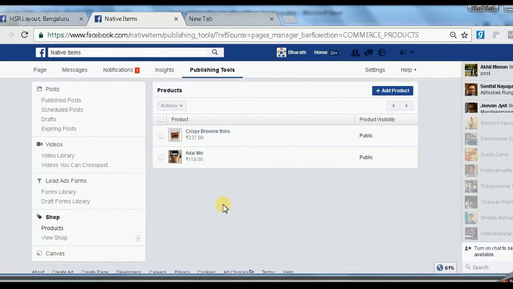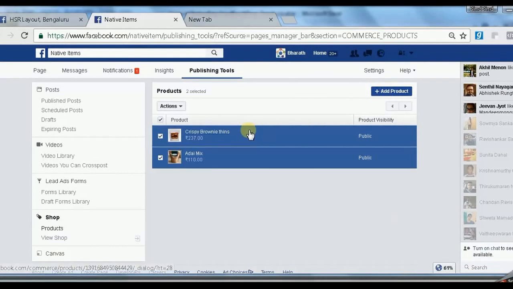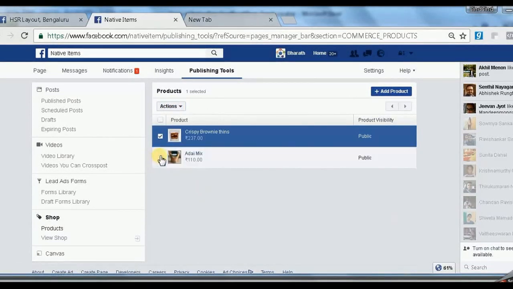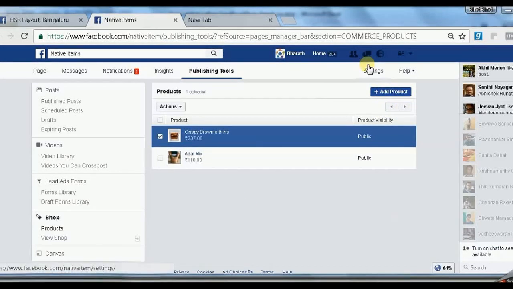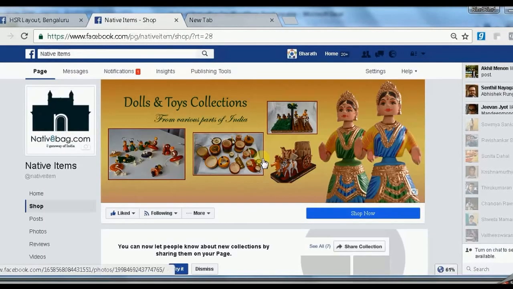Click on products to see the list of all products. Here you can add new products, or you can delete the products by selecting all or each one. You can click view shop to go back to the shop.